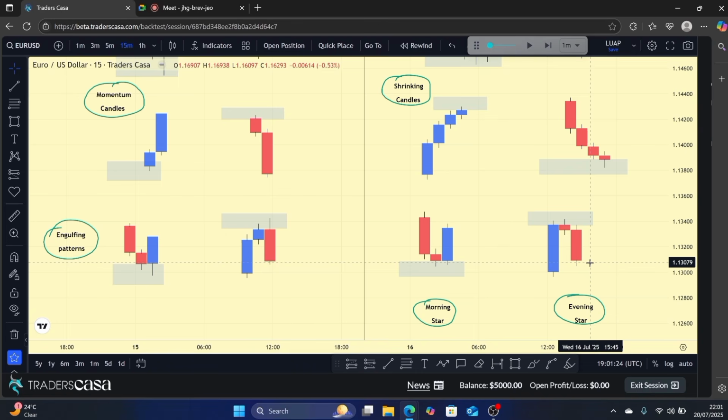So guys, these are the candles that appear more frequently. The psychology of this thing will give you what you need so that you can see any scenario that is happening once price mitigates the area. You can actually see, especially the shrinking candles, the momentum candles, the engulfing patterns, the morning star, the evening star, the long wick rejection, the multiple wick rejection. These are scenarios that occur more frequently, and this will remove the need for you to master